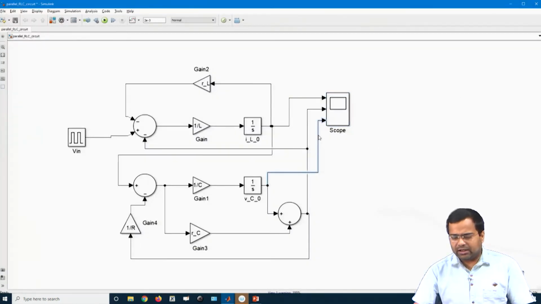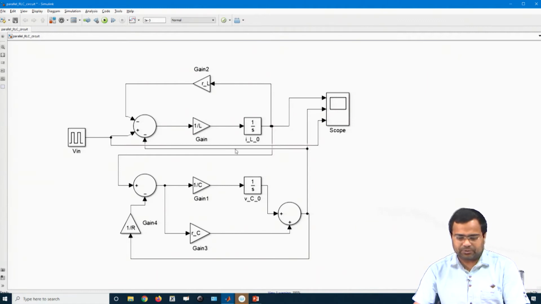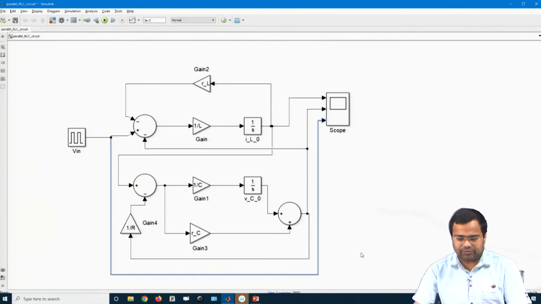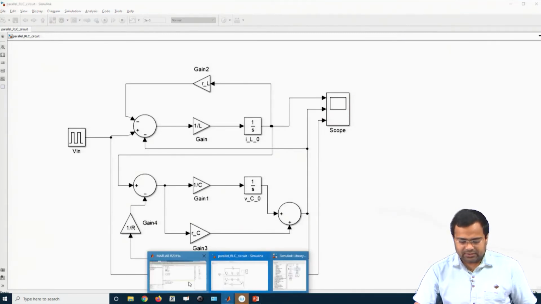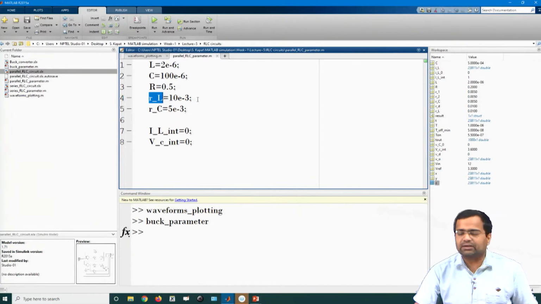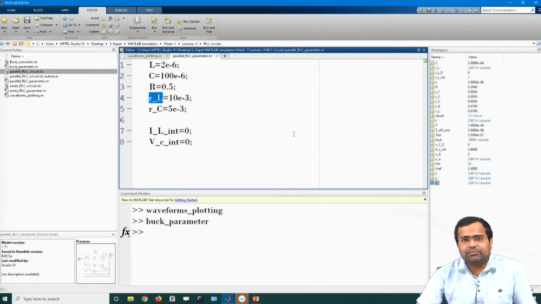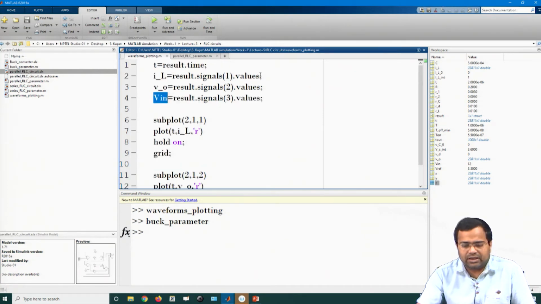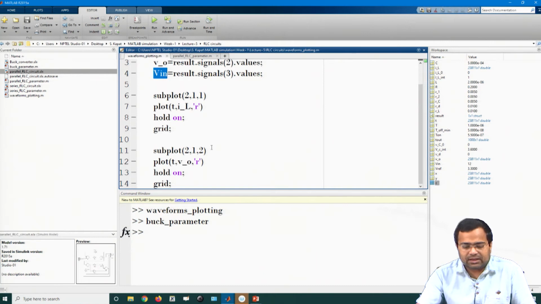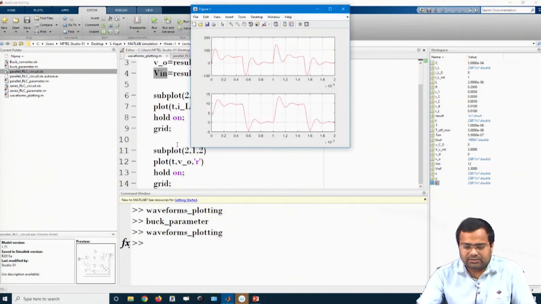But I want to see the input voltage profile, how it responds to the input voltage. So, I will connect the input voltage, and like the previous case study, once we simulate, it is not necessary that we see the result directly from the Simulink scope. We want to see the result using the MATLAB figure file. So, again we can use the same Vin, V0, IL we have connected consistently, and we can use the plot command and plot it.